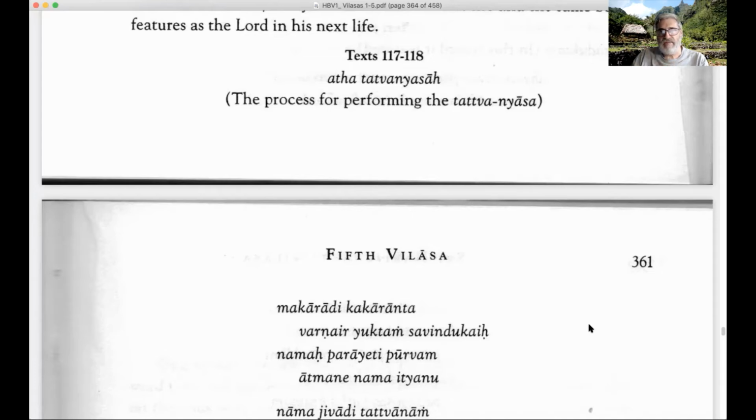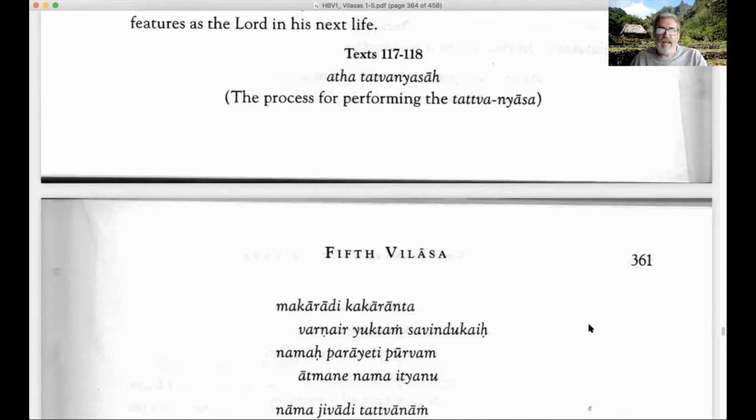Then we did the Keshavadi Nyasa, where instead of 50, we had 51 letters of the alphabet because we added that Vedic Sanskrit La. And we associated that with 51 forms of the Lord and forms of Lakshmi, right? And also we added before them the Shrim and Klim, the Lakshmi Bij and the Kama Bij, according to the prescriptions in the commentary of Sanatana Goswami, the Digdarshini Tika. So now we're going to look at the Tattva Nyasa. Tattva Nyasa is the next Nyasa to be performed.